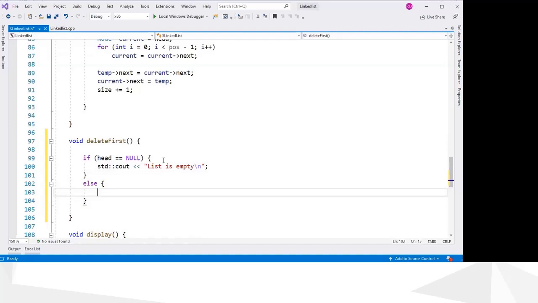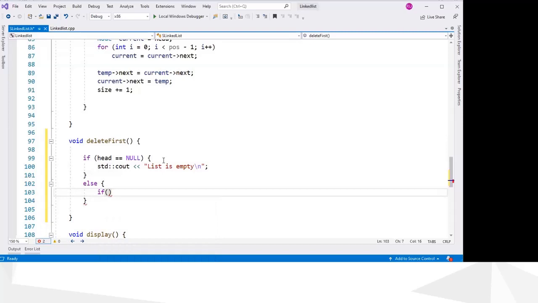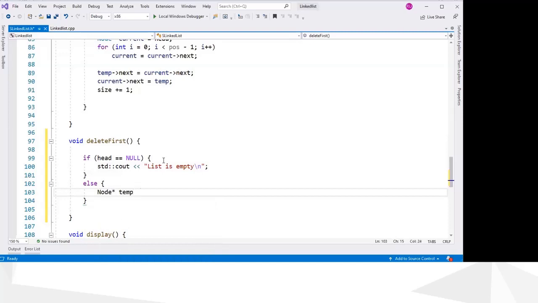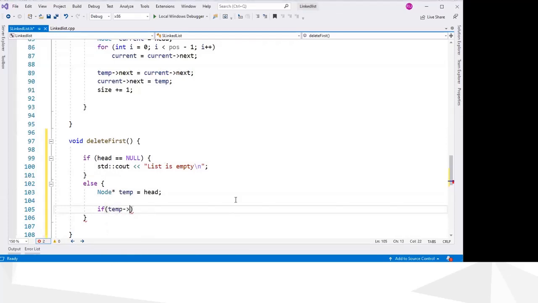So now we can make a new pointer temp, and we make it head. So we point this to the first node, and now we can check if we have only one element.